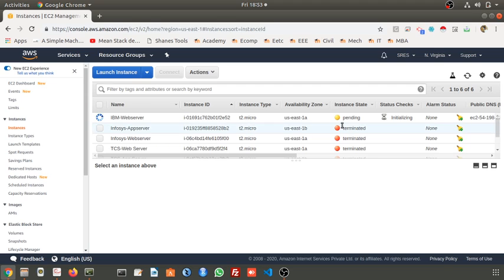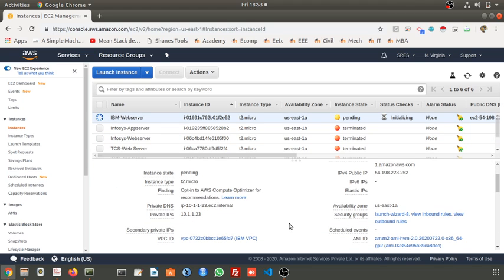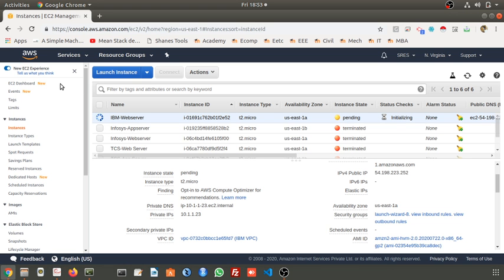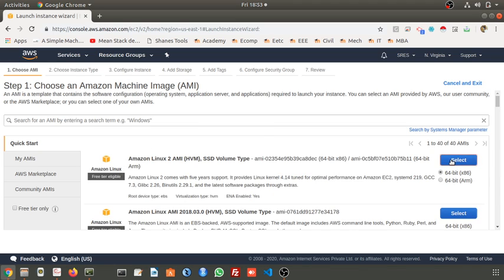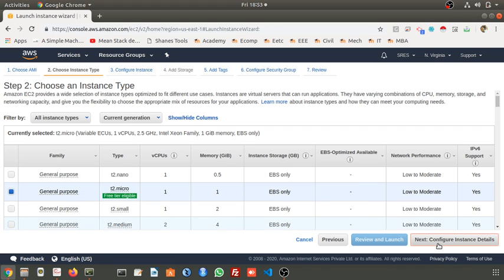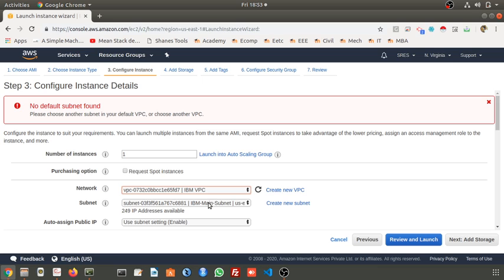It is creating. By that time we will create one more instance, that is the DB server, which we will place in another subnet. Go to launch instance, select this Amazon Linux, select IBM VPC. In which subnet? I want to place it in this NAT subnet. Both are in the same availability zone.